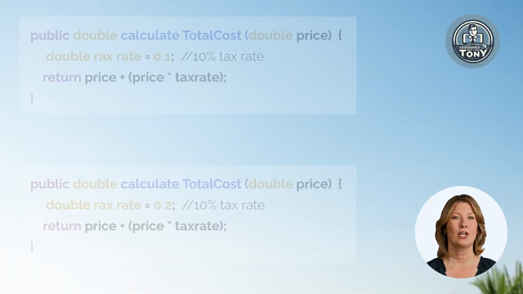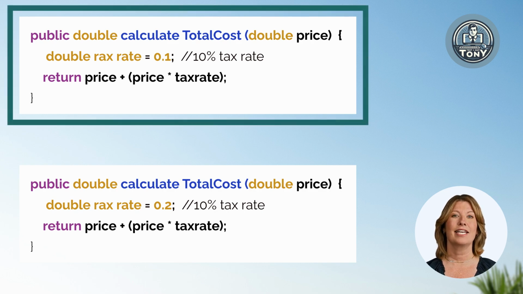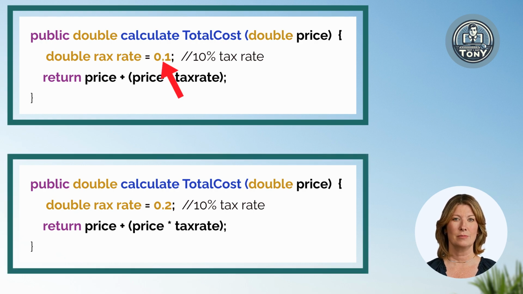Let's have a look at another type of mutation. This time it's an error on a constant value. This is an extract of code that calculates the total cost of an item, including tax, at the rate of 10%. Here is the same code, but this time with a mutation on a constant value. The tax rate has been incorrectly set as 0.2 or 20%, so it should be picked up as an error